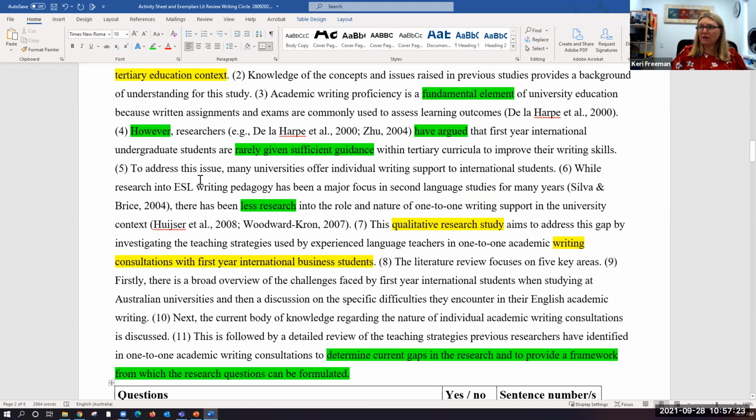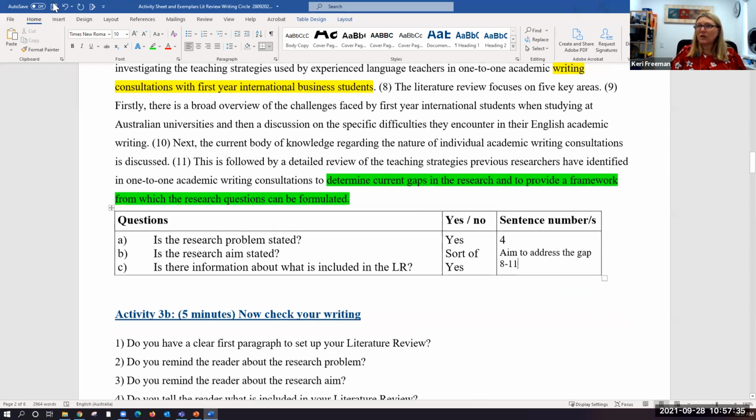There's some good vocabulary in there. It's setting us up to understand what's going to be in the literature review. And it's talked about the fact that there's a problem. All right. So